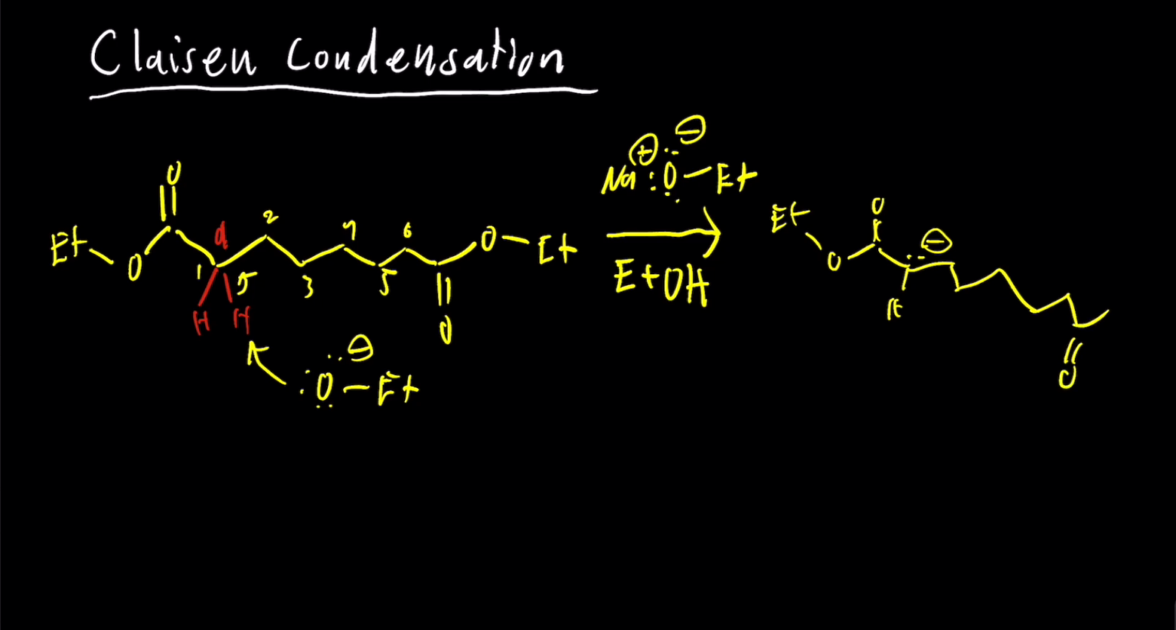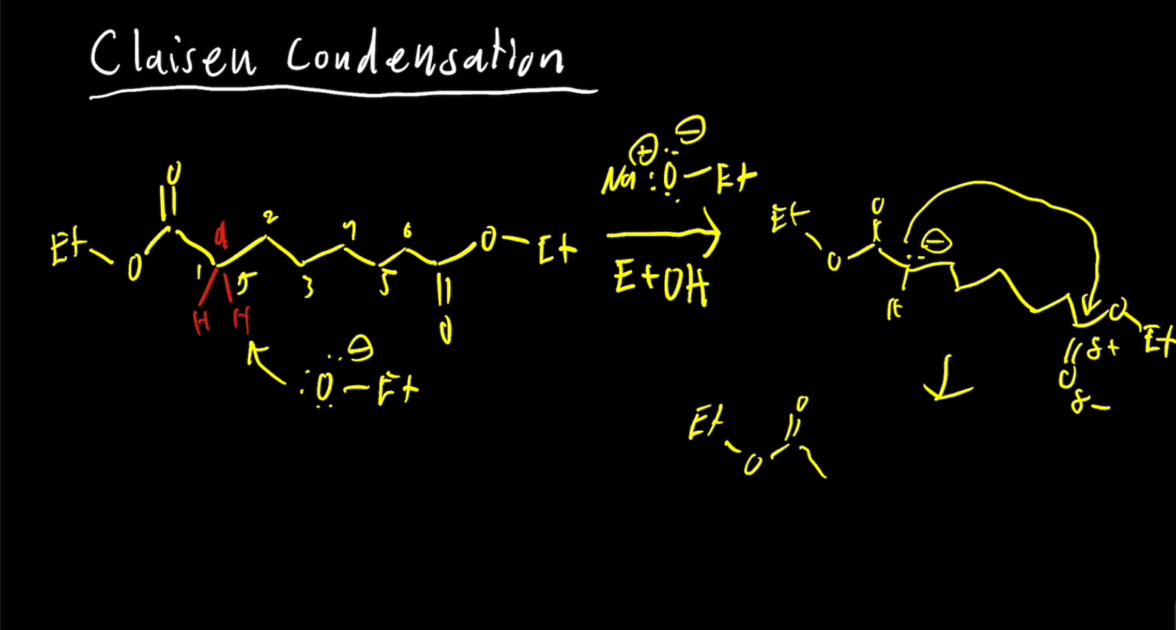We can now undergo nucleophilic acyl substitution intramolecularly, where we have our partial positive charge up here on our carbonyl carbon and the partial negative charge on the oxygen. And our electrons will move on over to form a ring intramolecularly. So now what we will have is the following intermediate, where we form a ring with 6 members,